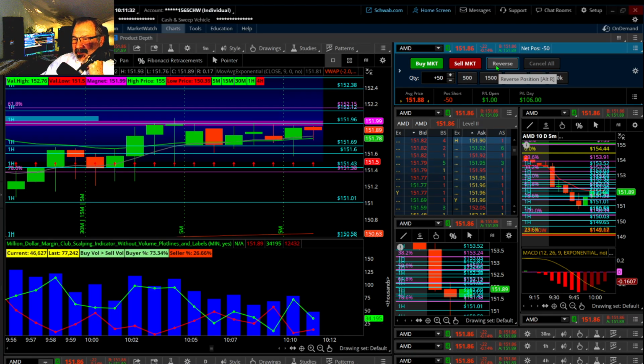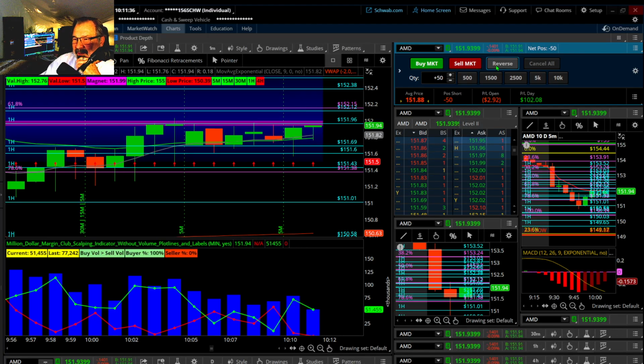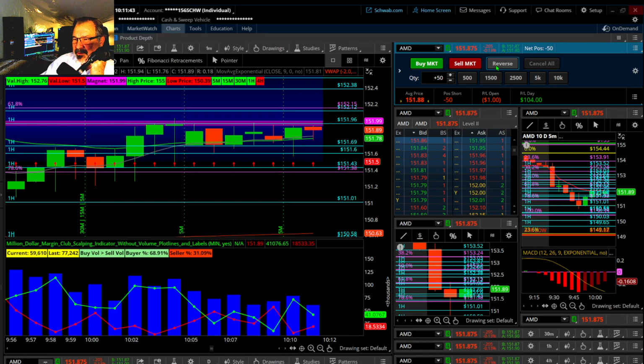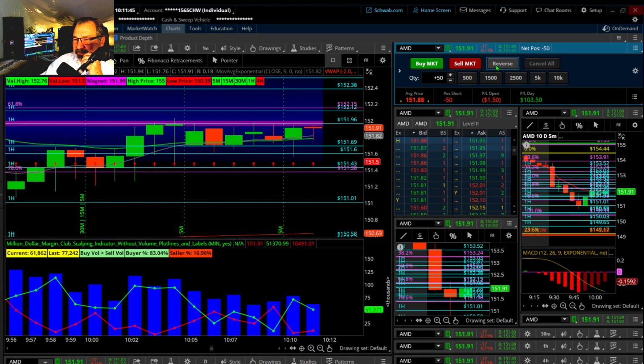I was going to try to reverse it for a quick one, for another quick punch upward. 86. 88. No, it just doesn't make sense. It's not doing it. I'm right in the wrong spot. It's moving 5 cents up and down right around me. So I'm just stuck in this position till it drops more down. Which I do think it will, because it's playing this channel.